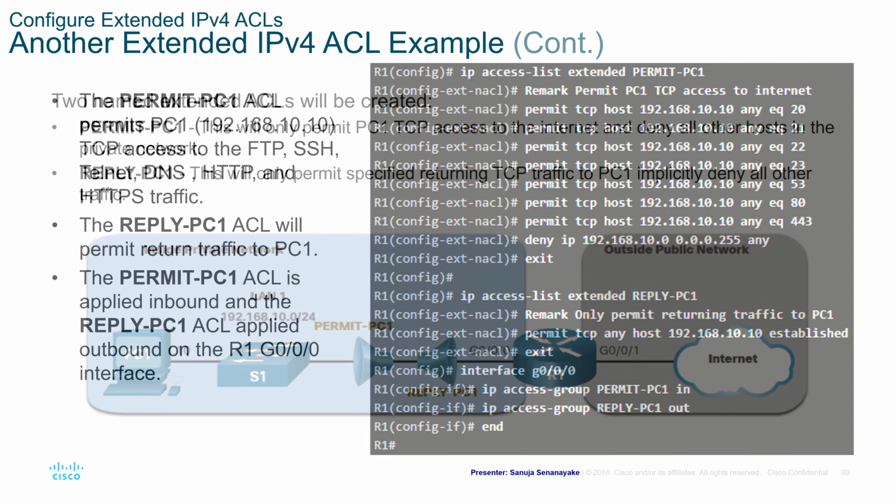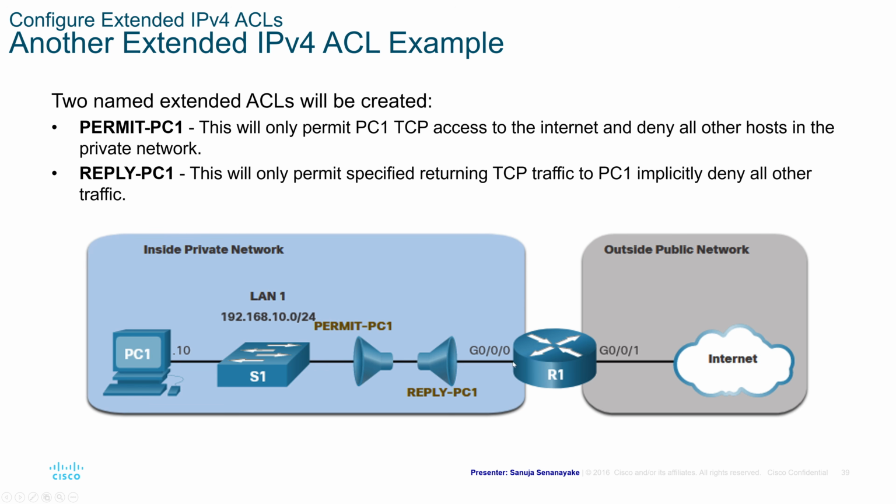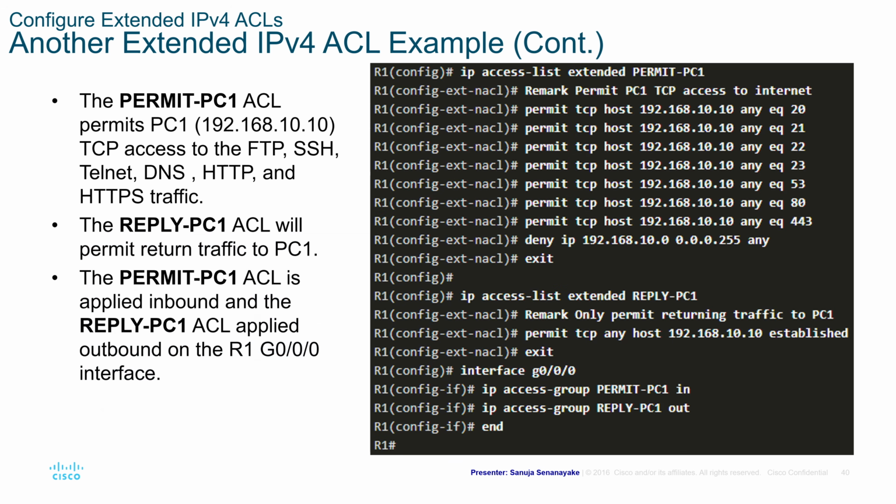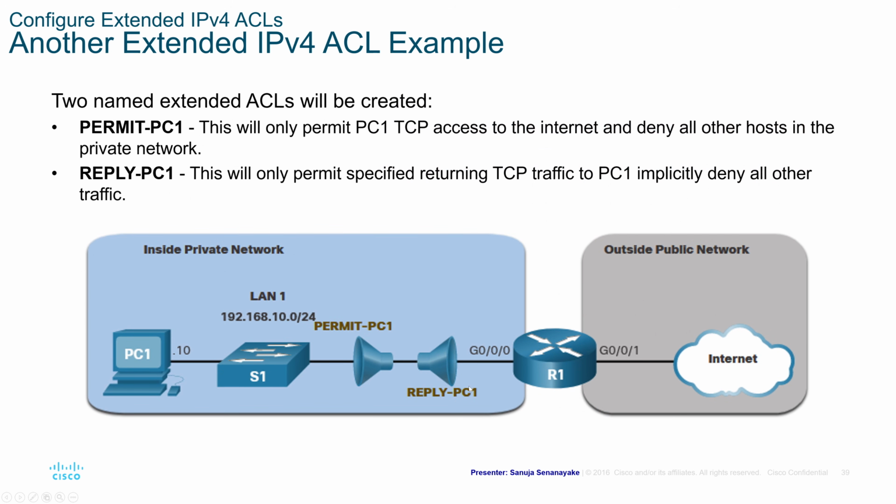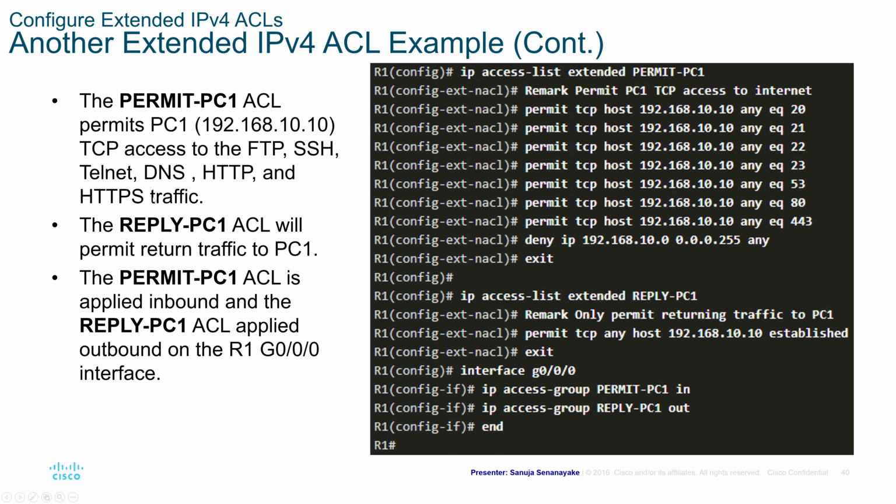Remember that? So this is outbound. This is inbound. This is inbound. That's outbound. If you go back here, the outbound is G0/0, so that would be this one. Sorry, this is the inside network. It's going out, so this is the outbound interface. This is coming in. This is the inbound interface, the incoming traffic from the outside. So G0/0 is the outbound. G0/1 is the inbound. So in this case, the reply-PC1 is applied to the outbound